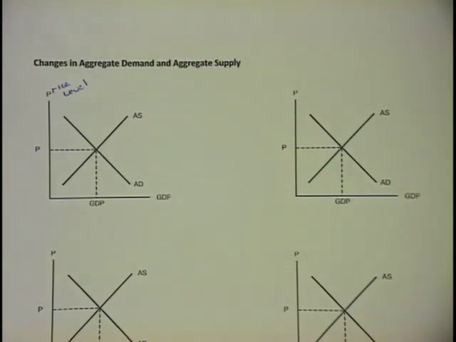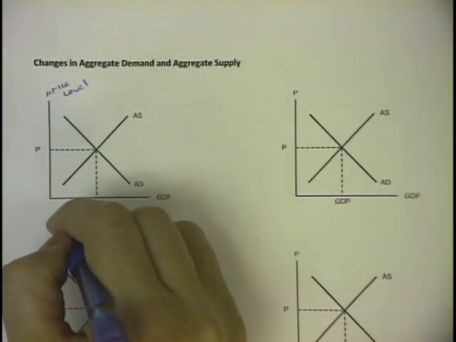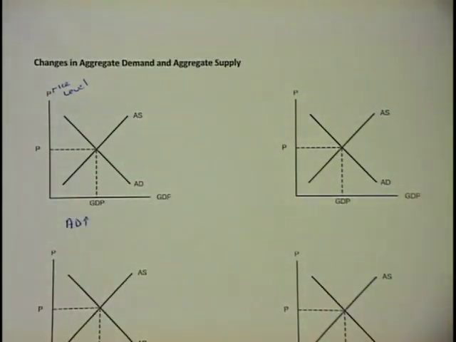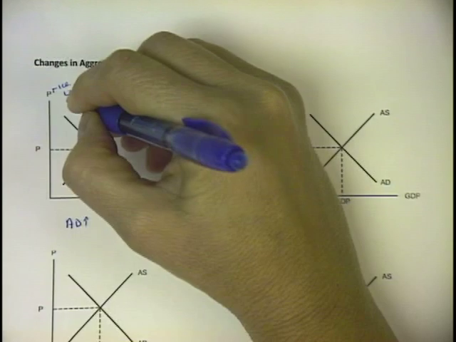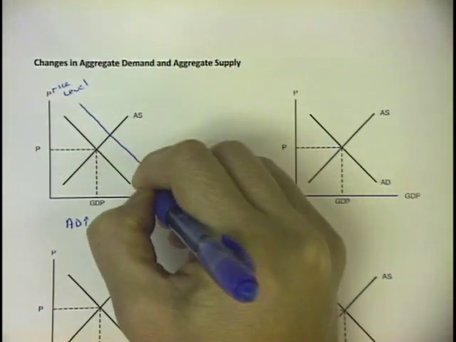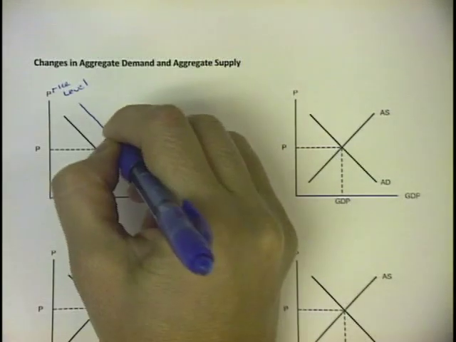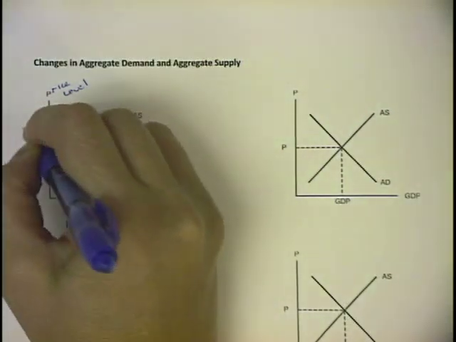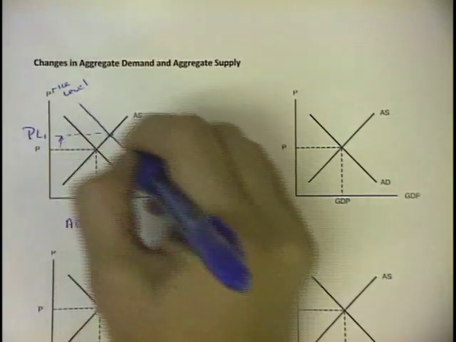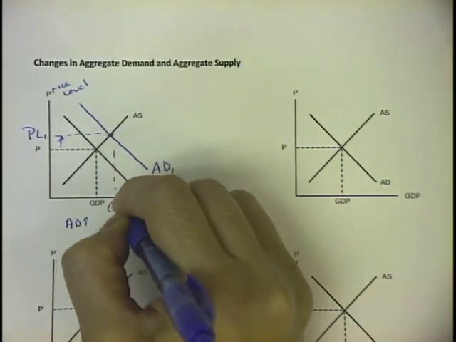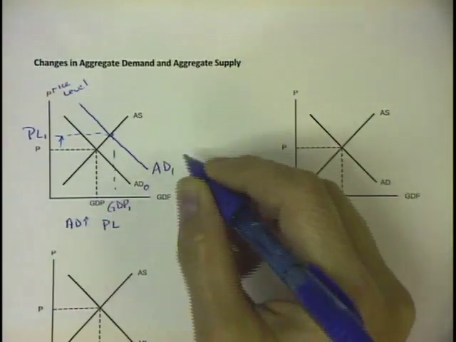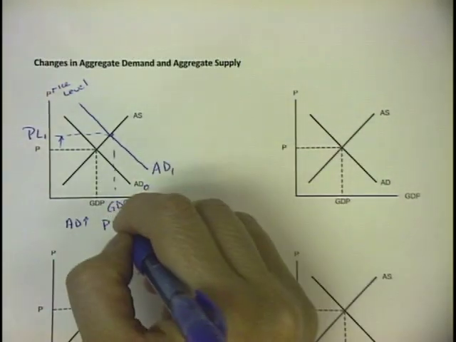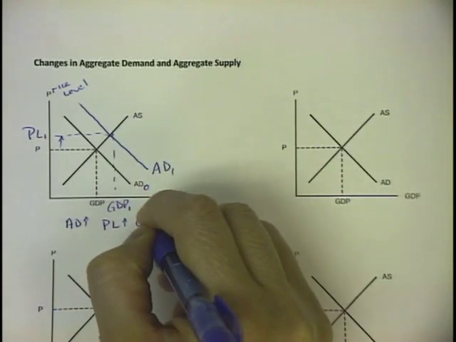Okay, so if aggregate demand increases, for example, if the government reduces taxes, or the government increases transfer payments, or the Federal Reserve decreases the interest rate by increasing the quantity of money, aggregate demand will shift to the right. Okay, so now what's going to happen, our price level is going to increase. Our real GDP is going to increase. So when we have an increase in aggregate demand, we're going to see price level increase and real GDP will